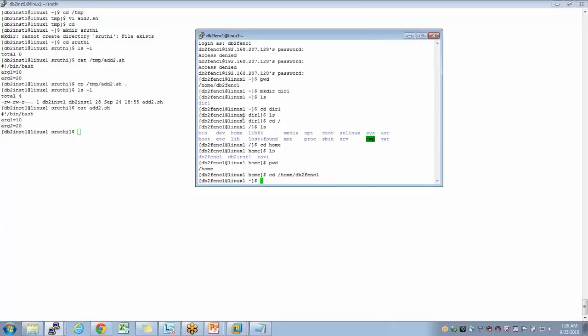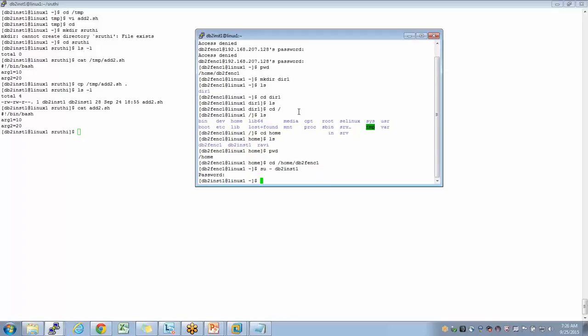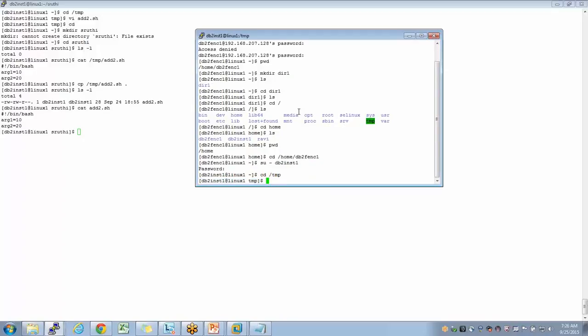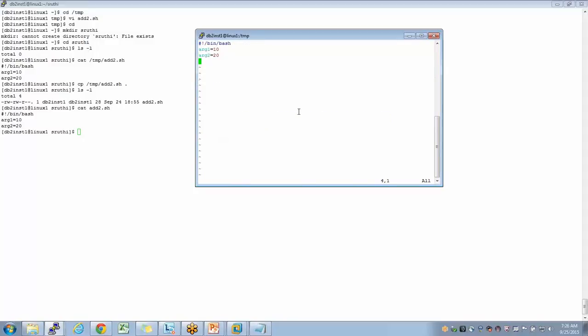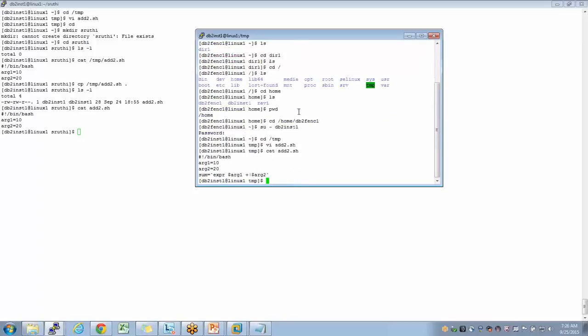If I go to this other directory, su - to inst1 will help me switch user. If I go to the temp directory and edit add2.sh and add a line here, echo sum is equal to expr of $r1 plus $r2, and save and exit, don't worry about those commands, I'll explain down the line.